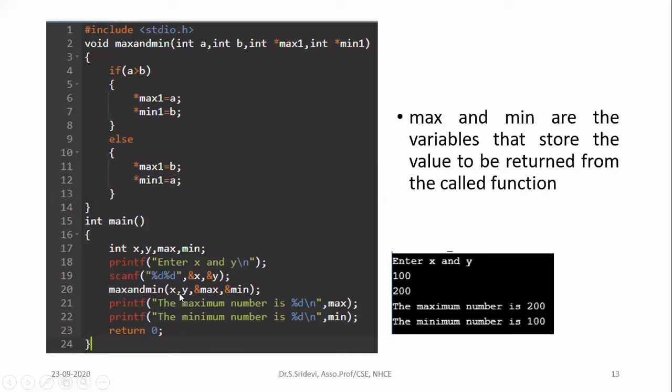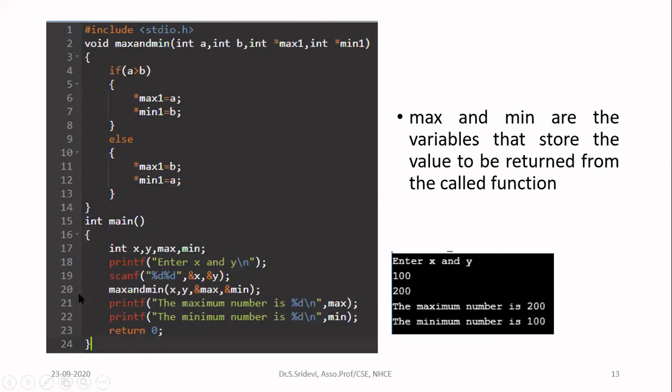Pass your input x and y. In addition to that, you need to pass the address of your output. Okay, our output is nothing but max and min. We want max and min to be stored in these variables. So you pass the address of those two variables as arguments to the function. So the extra arguments are now ampersand max comma ampersand min. I am passing these because of this address only, I will be getting multiple answers returned from the function. Okay, so don't pass without address. Pass the address of the answers as arguments to the function. Now x and y are passed by value, max and min are passed by address.